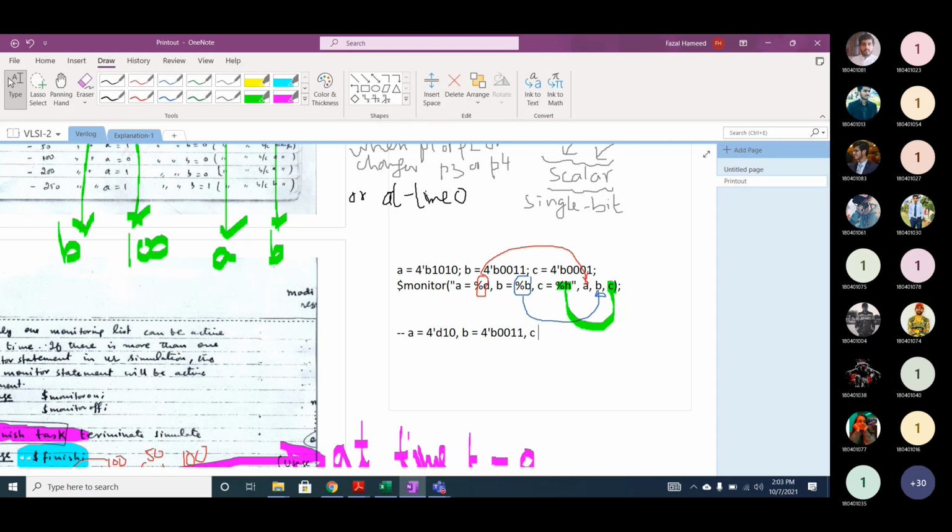And how will C be displayed? In hexadecimal it will be displayed as A. Why A? Because 1010 is equal to 10, and 10 is A in hexadecimal. It's a very good question, and I really like this question. Sure, you are trying to understand. It's very good.